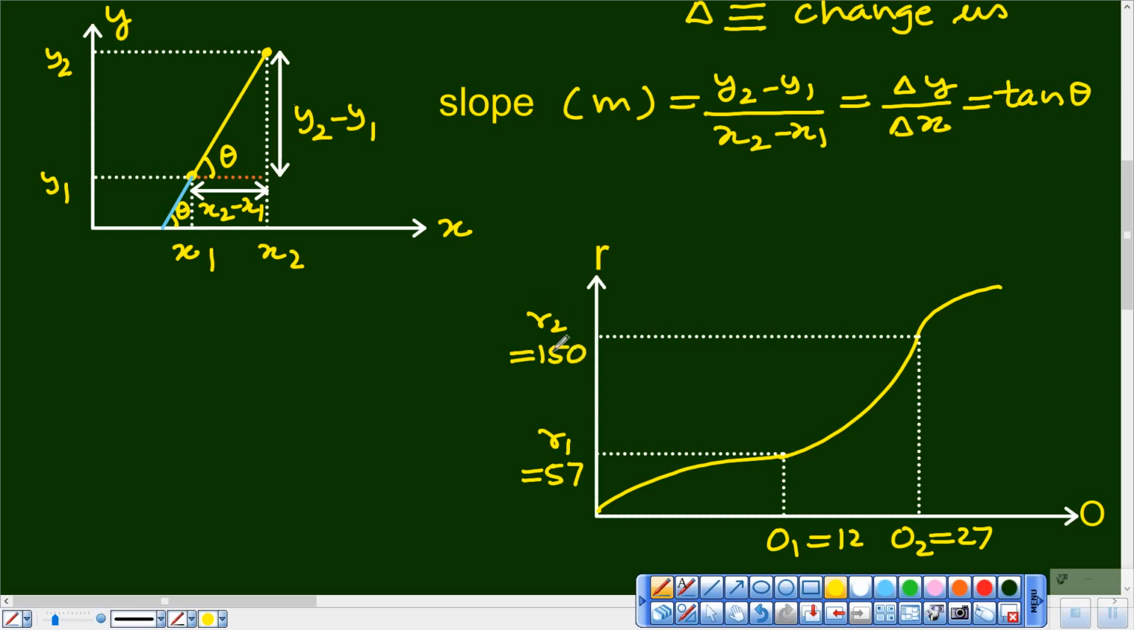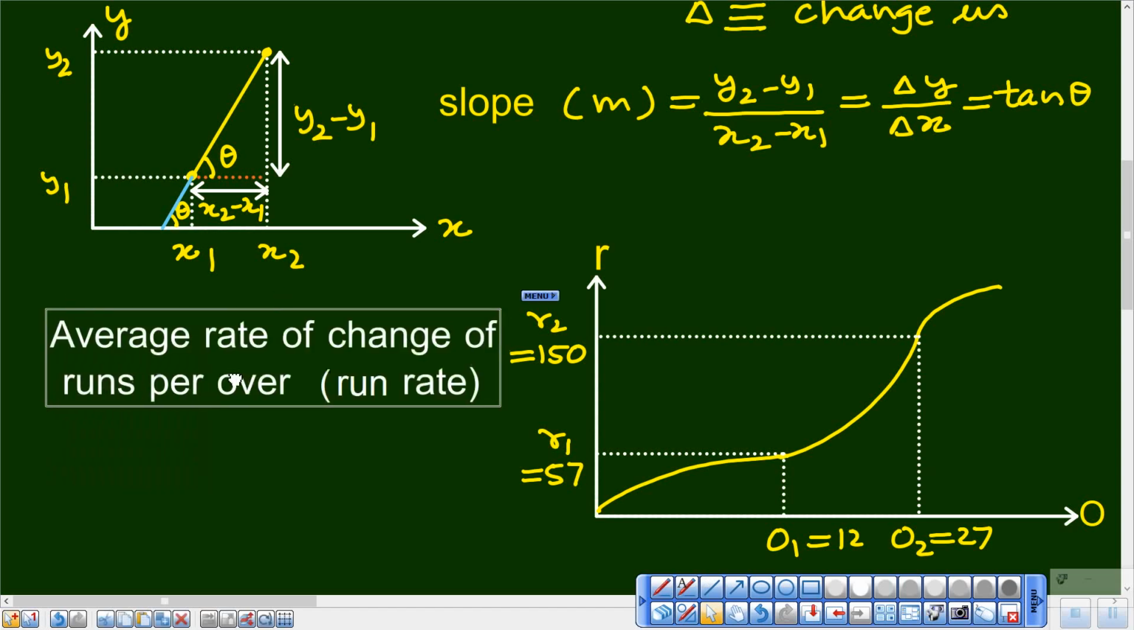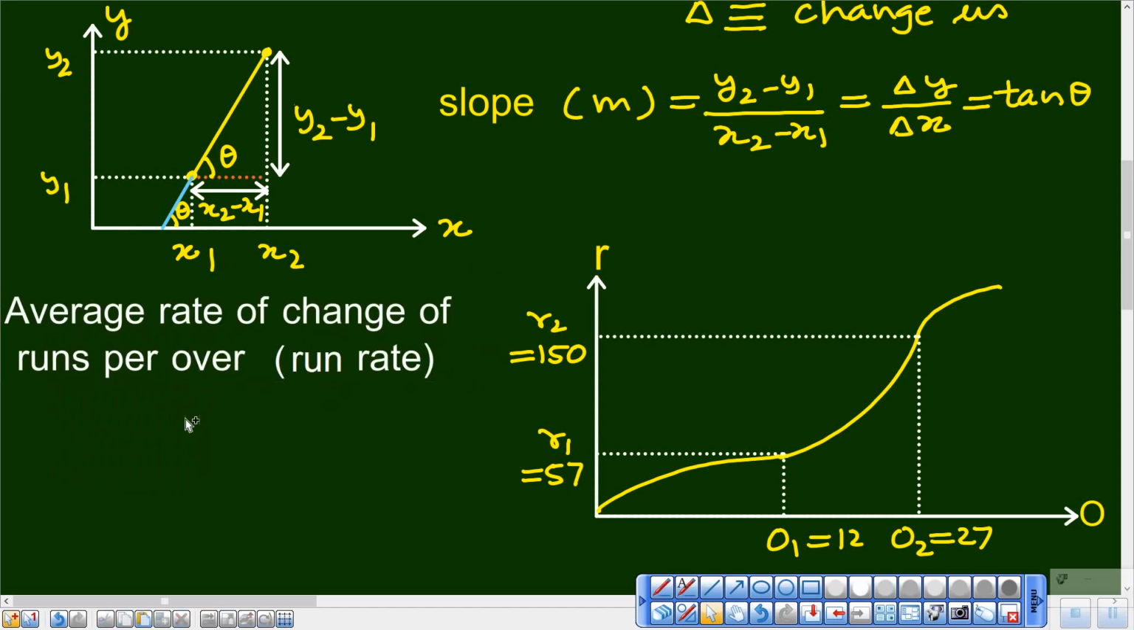We want to compute the efficiency of run making for this partnership. What do you compute then? Of course, you compute the rate of run making, that is, the average rate of change of runs per over, which you call run rate. How do you compute that? You compute it as the number of runs made, that is R2 minus R1, upon the number of overs bowled, O2 minus O1,